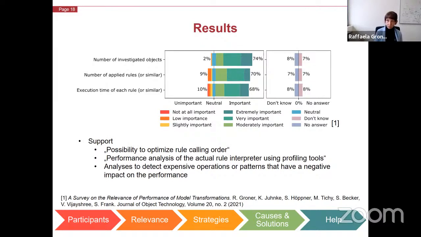Besides more information, the study participants also want more tool support, like profilers at the transformation level, or also analyses that help them to detect expensive operations or patterns inside their transformations, or also analyses that provide improvement proposals, like how can I optimize the call order of my transformation rules.